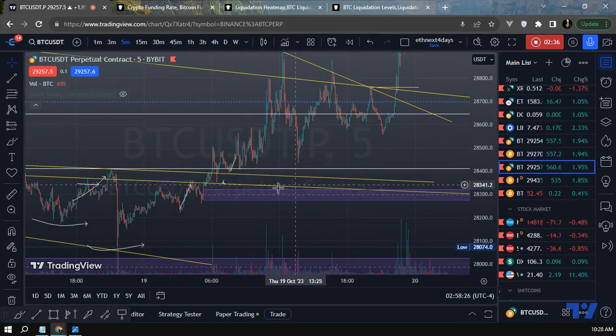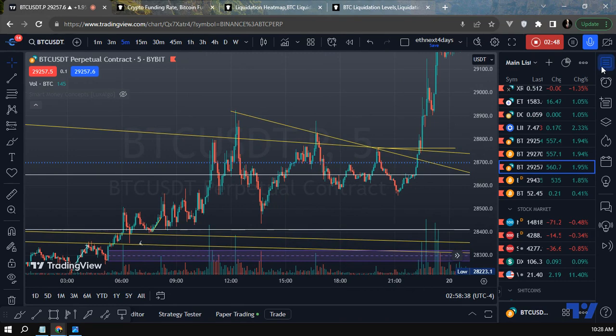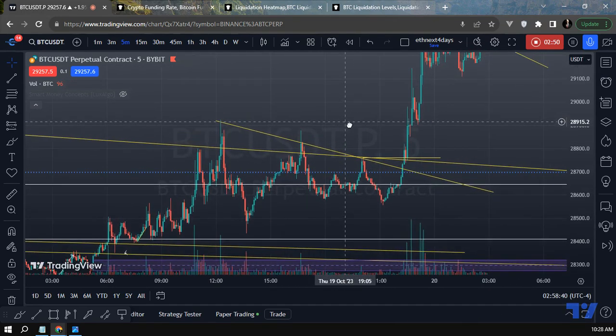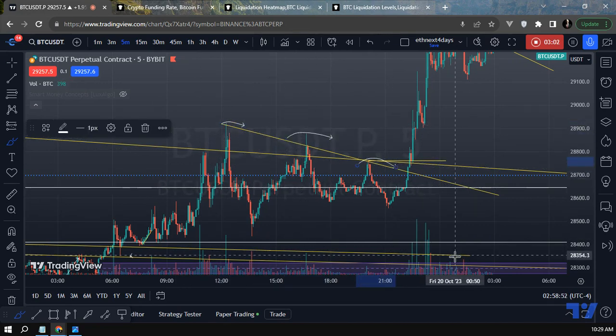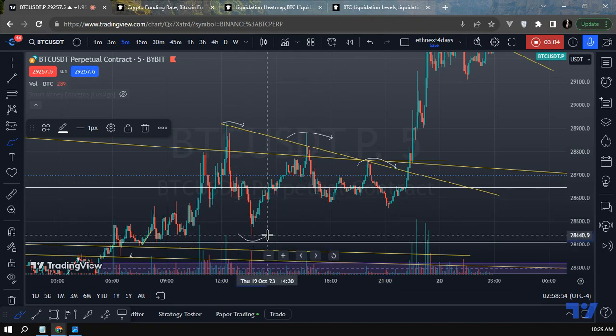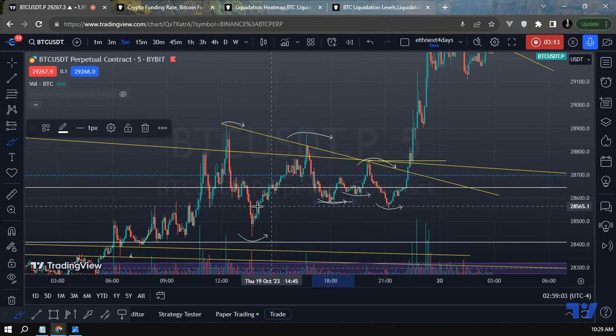Now, after that, we came around here. In here, I've even shown you guys the similarity. Again, in here, we do have the same similarities, but I don't want to go into that. I just want to do a little bit of price action analysis on a 5-minute chart. 5 minutes is very clear for this short-term price action analysis. So right here, as we could see, we had this beautiful trend line, and we made a higher high, a lower high, another lower high. But at the same time, this was the lower low, and right here we made a higher low. This was the liquidity grab of this higher low, and after that we pushed it back up, right?